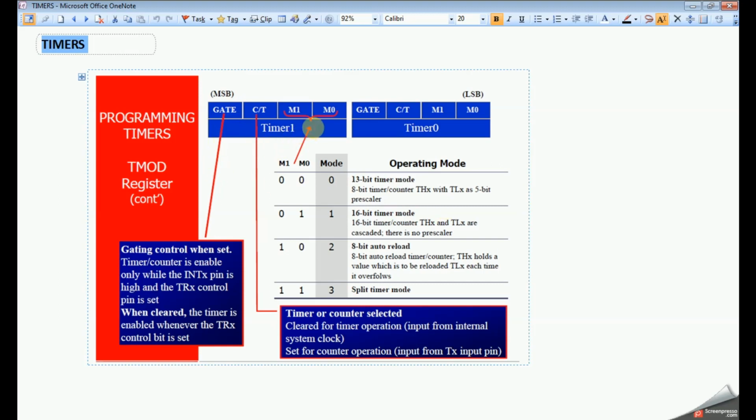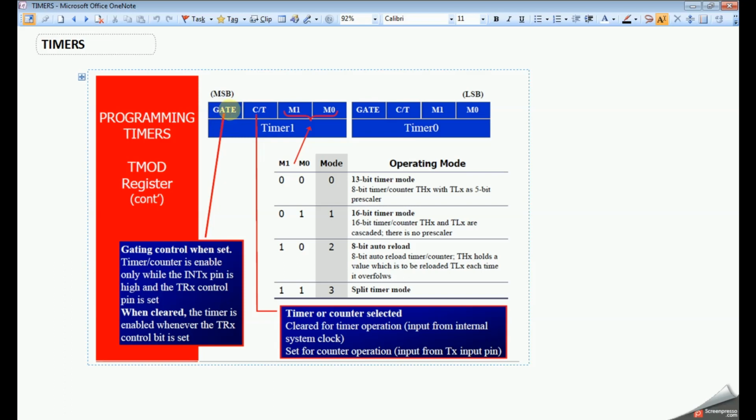If you see, there are different bits for timer 0: Gate, C by T bar, M1, M0. What is the use of gate here? This will be the same for timer 0 and timer 1. There are different methods for starting the timer: an internal or software method, or an external method to start or stop the timer.